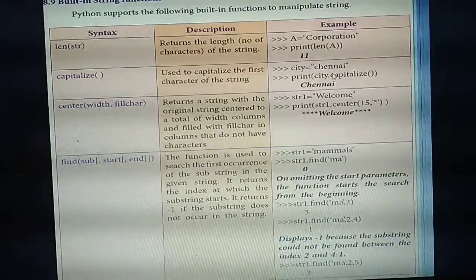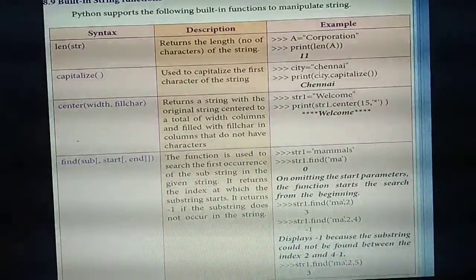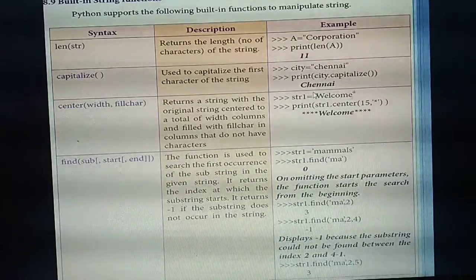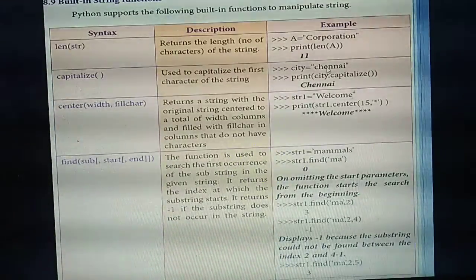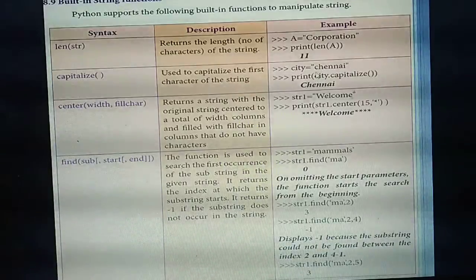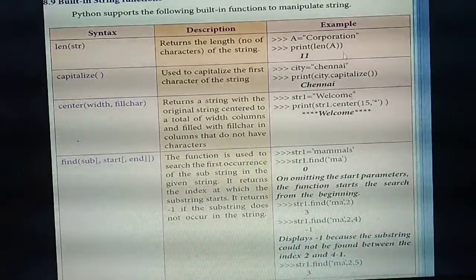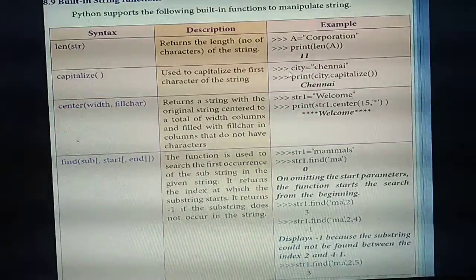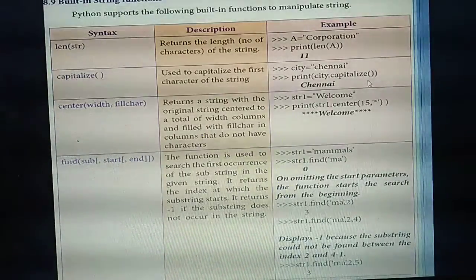Okay, listen, see this example. In a variable, city, they are giving one word, but you should give it in small letters. Then only it will return the output with a capital letter. All the letters are given in small letters: chennai. Now they are going to capitalize this word. Inside the print, which variable do you need to call? city. City dot, which function do you need to call? capitalize. Here city is the variable, because in this variable you are giving the word chennai. So city dot capitalize.